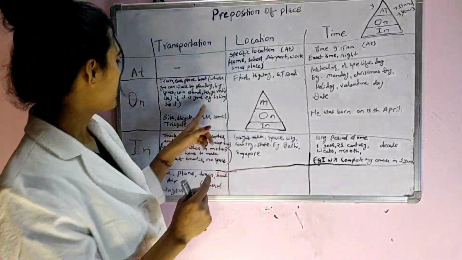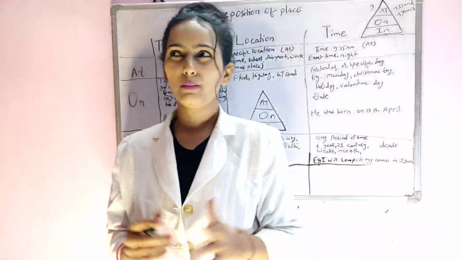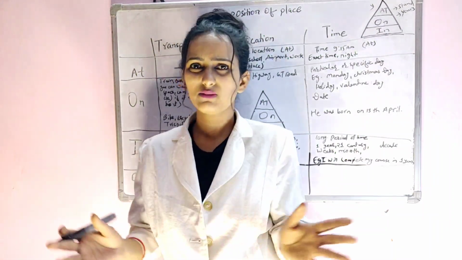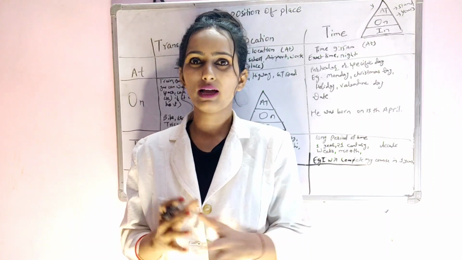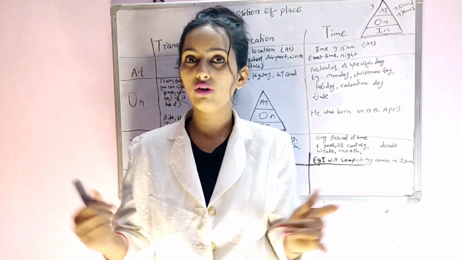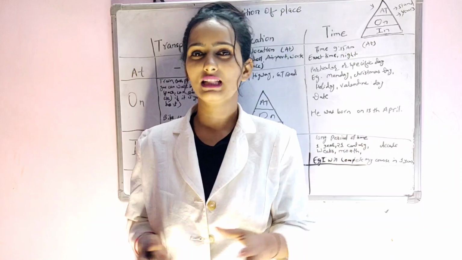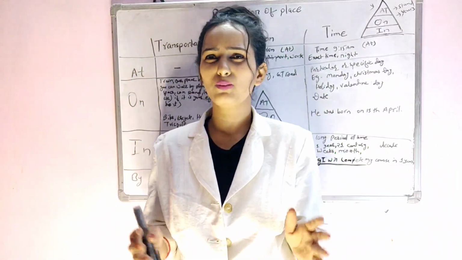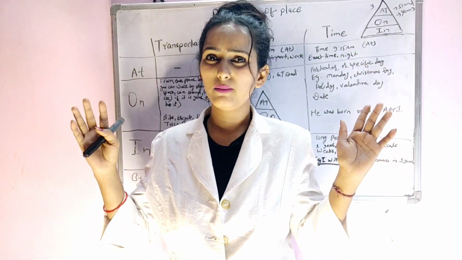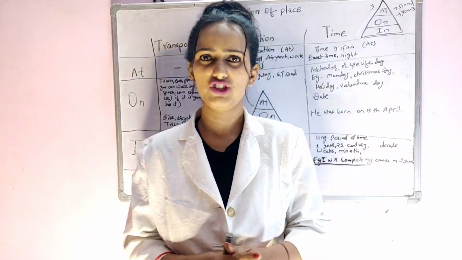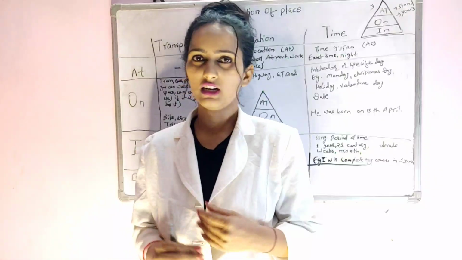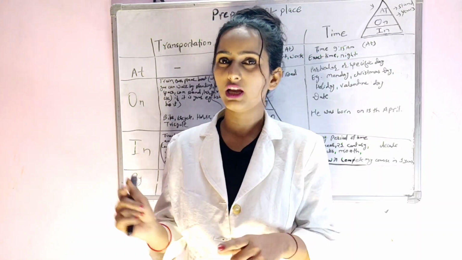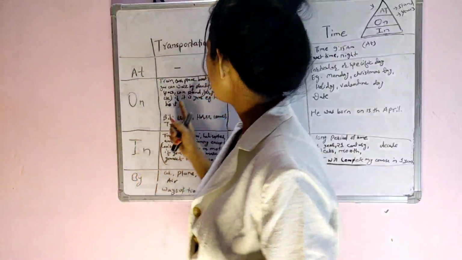Now see, bus, if you talk about bus, and if you talk about train, aeroplane, that can't be personal. Like the car can be your personal. You can go for a long drive in your car, but no one can say that I am going on a long drive with my train. Because the train is for a large number of population, and many people can adjust at a time on the train, so you have to use on while talking about train, ship, bus,